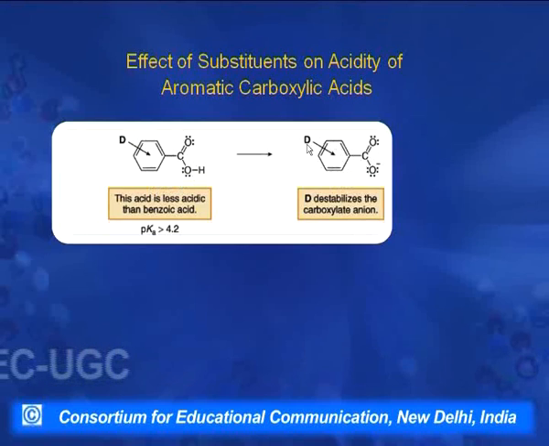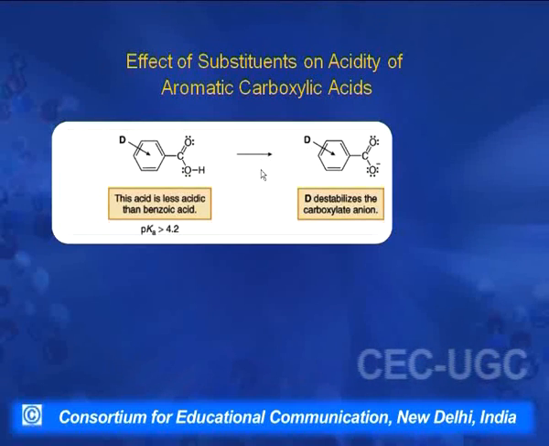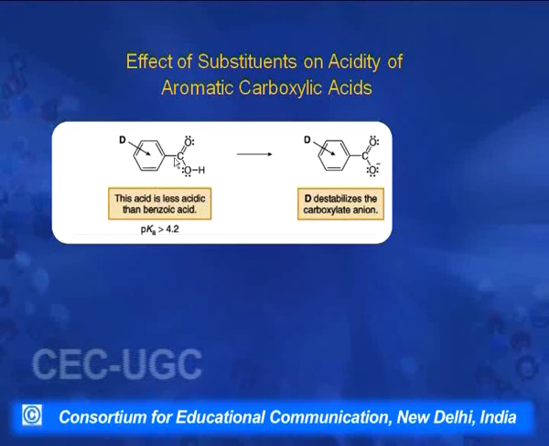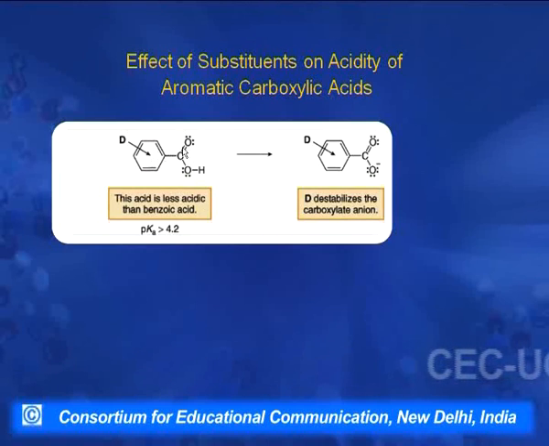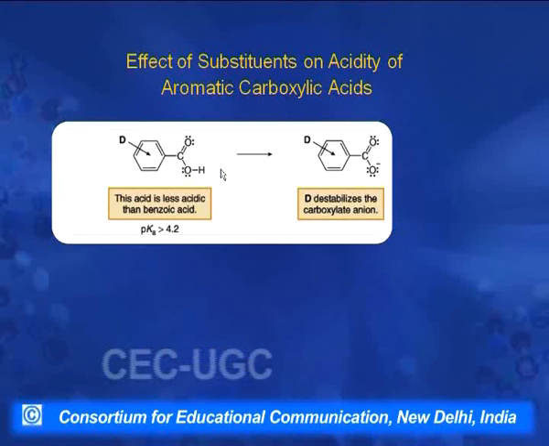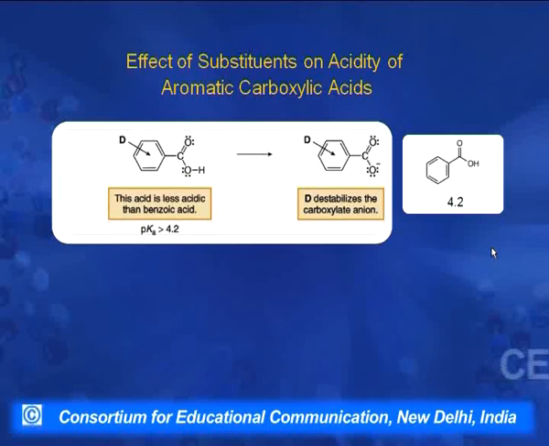And if this group is represented by D, D is indicating an electron donating group, meaning it is giving electrons towards the ring, and the more electrons are given to the ring, the more electrons will be shifted towards the carboxylic acid, meaning this acid will now be weaker than simple benzoic acid. The pKa value for simple benzoic acid is 4.2. So the pKa value for such substituted carboxylic acids which have an electron donating group in the ring will be